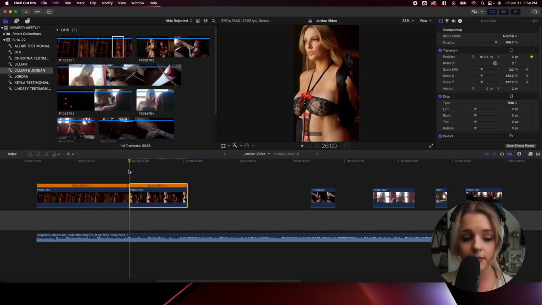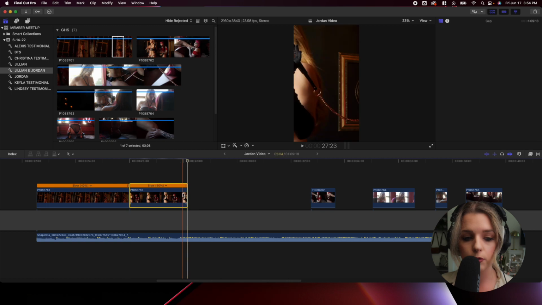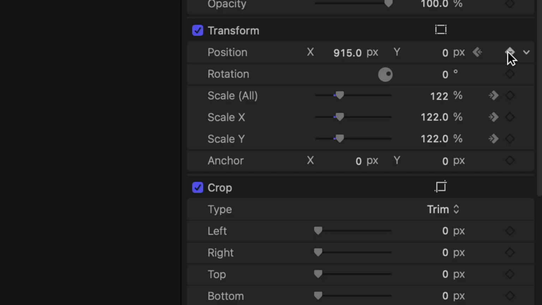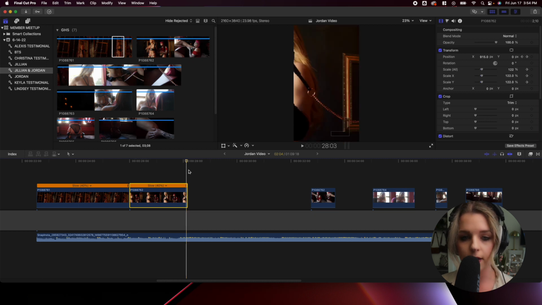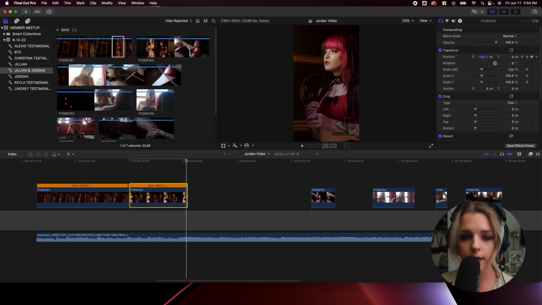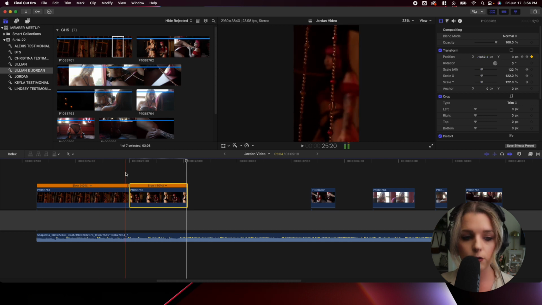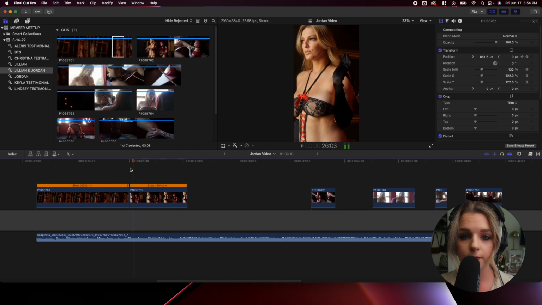And then once that's done, I am going to go over to the ending of my clip, press the keyframe tool, and yet again, now that I can't see what's going on, I'm going to press the back arrow key, and then I am going to drag this all the way over so I can see Jillian right here. And so far, this is what the clip looks like.